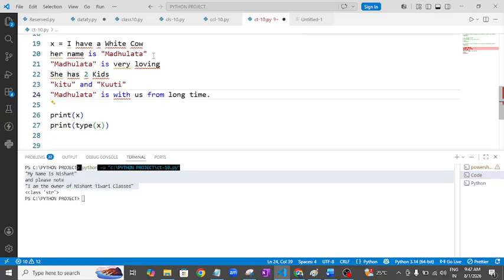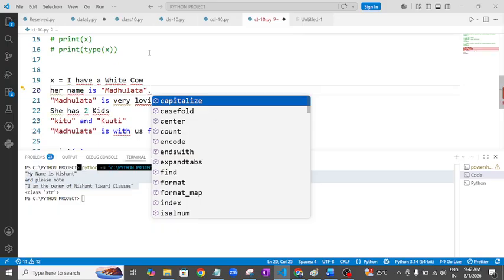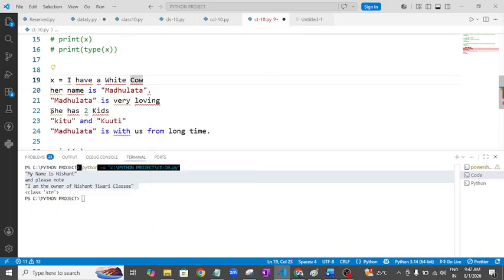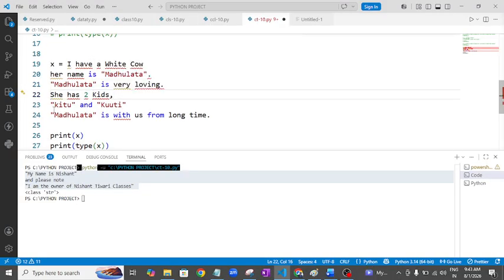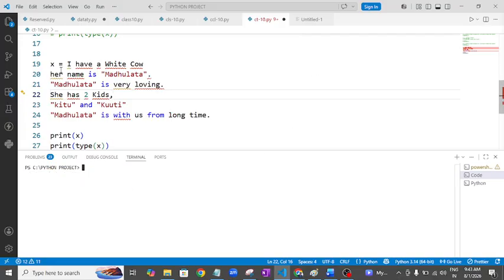This is the paragraph. I have a white cow. Her name is Madhulata. Madhulata is very loving. She has two kids, Kittu and Kutti. Now, sir, I want to print this thing completely into one line.